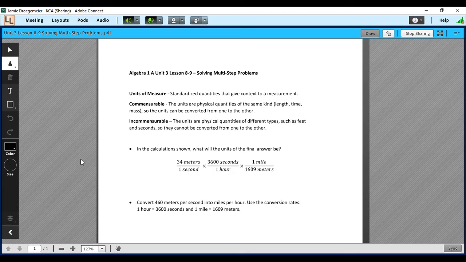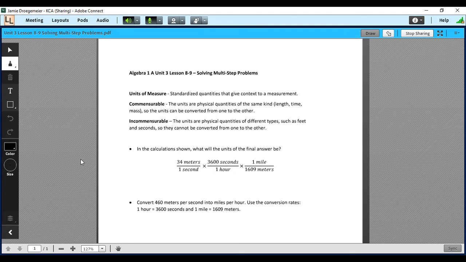Incommensurable units are going to be different types. So if I have feet and seconds, those are incommensurable measurements. They're not measuring the same thing. I can't measure distance in seconds, and I can't measure time in feet. So as we go through here, we're going to be looking at how we convert between these different units of measure. And the first problem that I have here, I have a calculation shown,